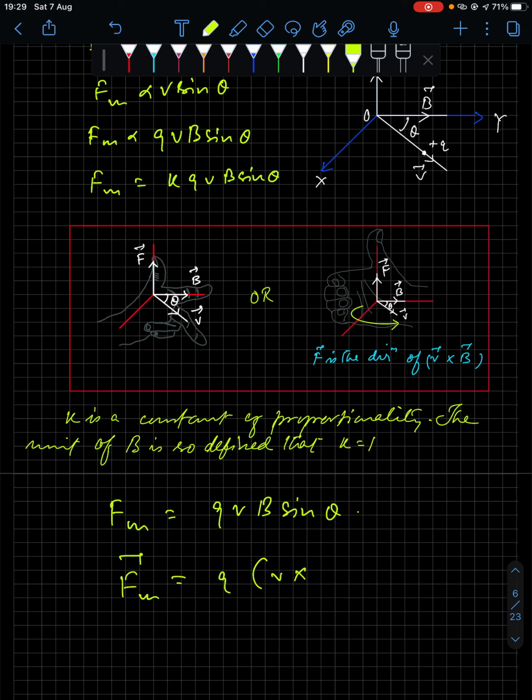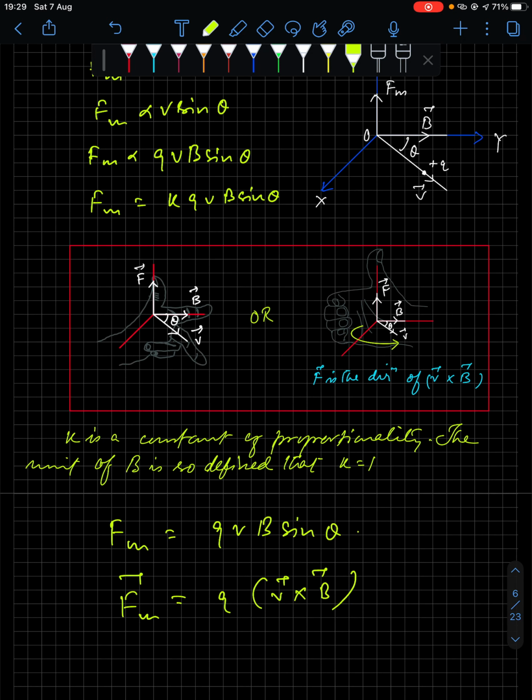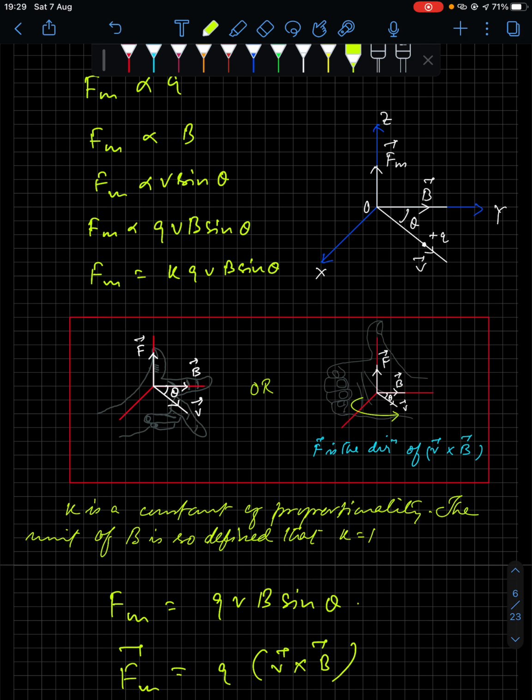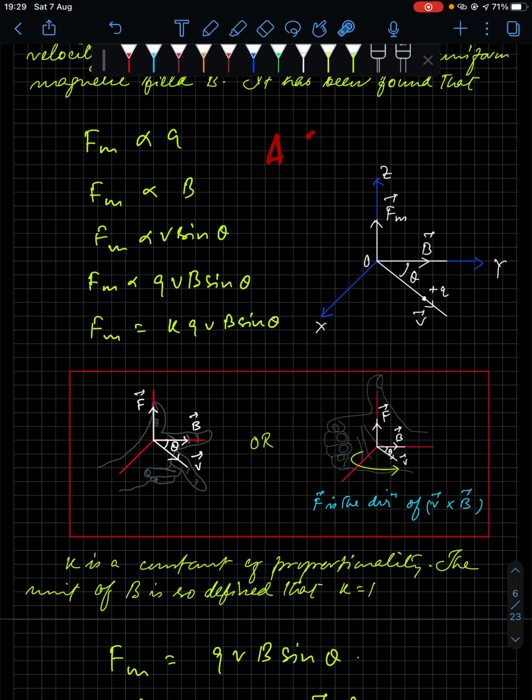Now in vector form you write this as F vector equal to q v cross B. Here v cross B is vB sine theta. Alright, so this is the relation. Now let's focus on the direction. We already talked about Fleming's left hand rule. Now this is the right hand rule, which we applied in the case of the vector product. If you remember in class 11, a cross b is equal to ab sine theta n cap, and you used to find the direction of n cap using this rule.